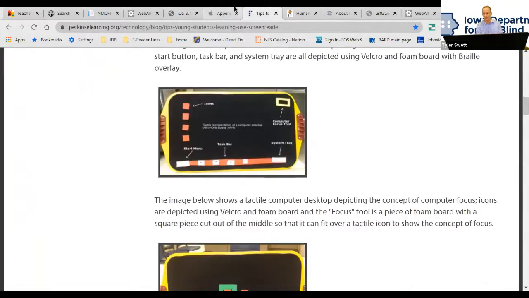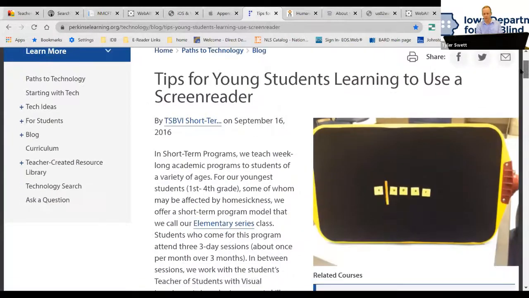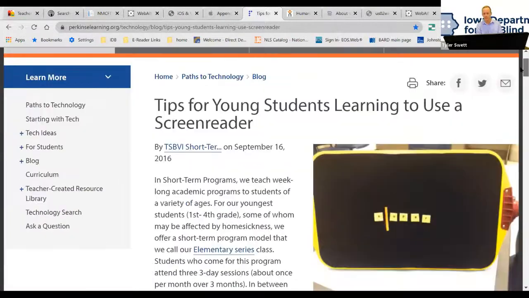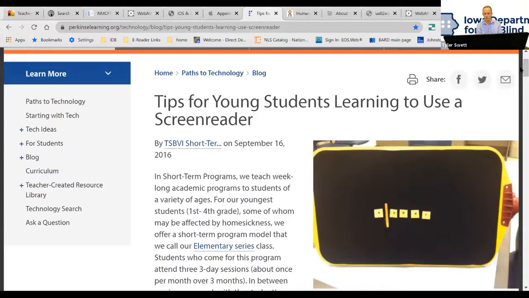Before I move on to the next thing, we're just talking a little bit about tactiles. Are there any questions? I'm not seeing anything in the chat, but I just want to make sure. So this is your chance. I know I might be flying too fast. That's why I want to make sure that I didn't lose anybody yet. Okay, so